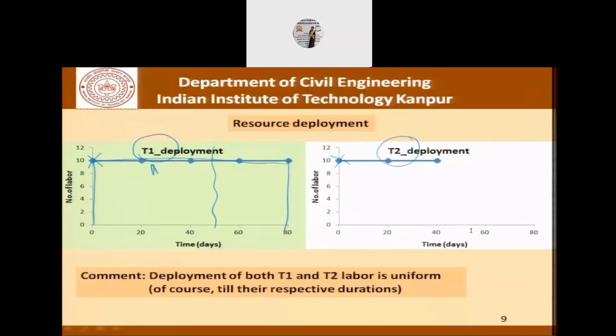Initially, for some time, they work on activity A, and then they work on activity C. In this case, we have assumed that activity B starts at the earliest that it can, and these people who have expertise in T2 work initially on B and then on D, and then everybody goes home. This part, of course, can actually be completed